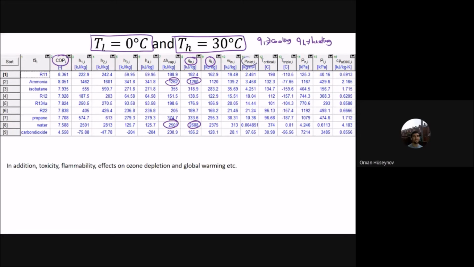the inlet rho, the density, which is also important. Let me just show it to you again. If you remember, we said that the suction flow rate was equal to the mass flow rate of the refrigerant divided by the inlet density. So for a given mass flow rate, if the density is very low, as you can see for water it is very low, and this one is very high,